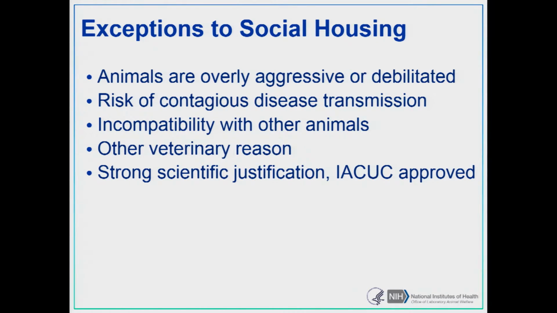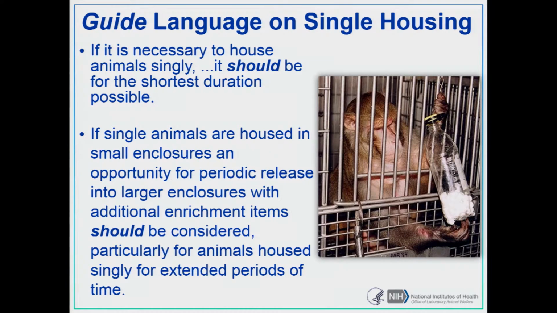Historically, when we were doing site visits and we'd start looking at protocols, we'd see this standard statement that the PI would put in protocol after protocol saying, I can't socially house them because I never have done it before. That was pretty much the justification. That won't fly anymore, gang. So I'm putting you on notice that if we take a look at those scientific justifications, we're going to call you on it if we think it's weak and that the IACUC's not doing its due diligence. And we have done that.